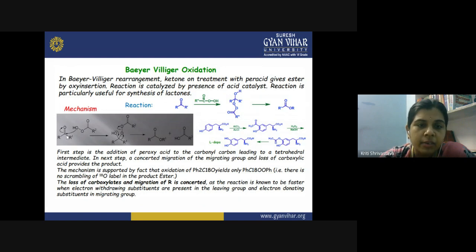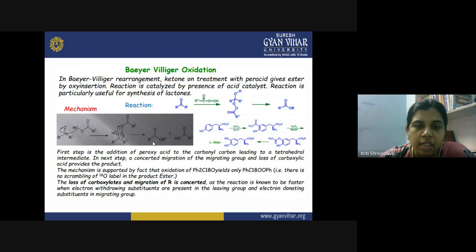Now after the attack, what will happen? You get one OH, because the hydrogen that is removed here attaches to the carbonyl oxygen. So now it is OH, and this is the per acid anion attached on the tetrahedral carbon. After the rearrangement has taken place, the R and OR dash are formed. This is the ester molecule, and one acid molecule is generated from the per acid. So from the per acid we get the acid, and one oxygen is added to the ketone. What is the difference between the substrate and product? Only the presence of one oxygen. So you get an ester here.